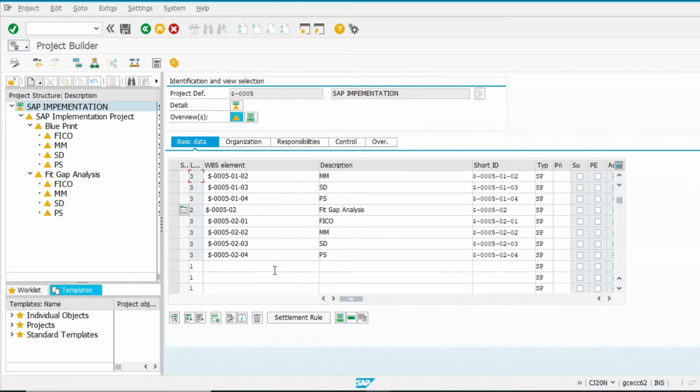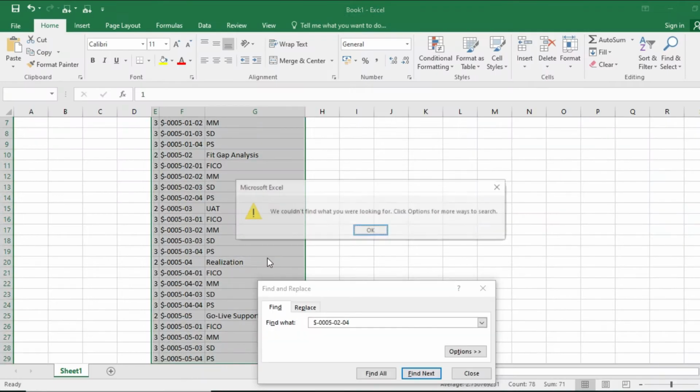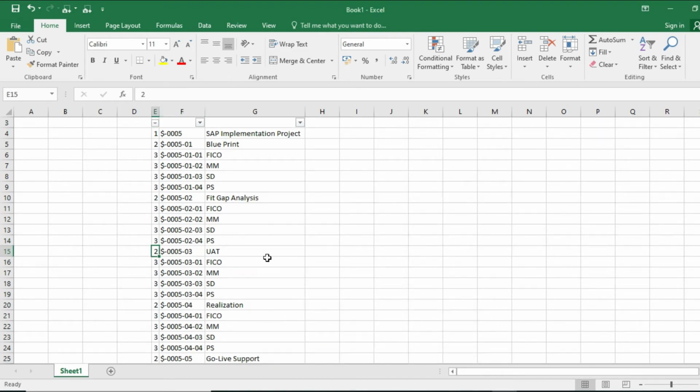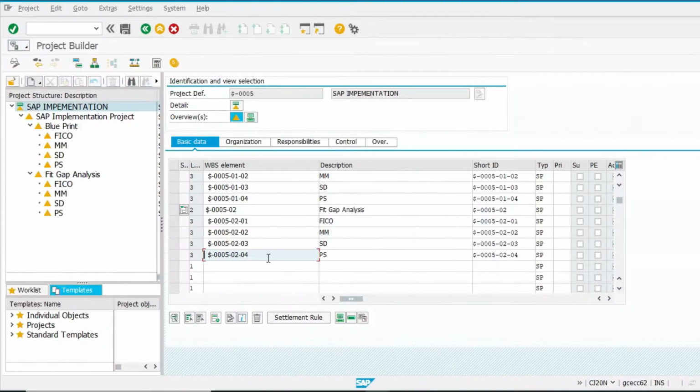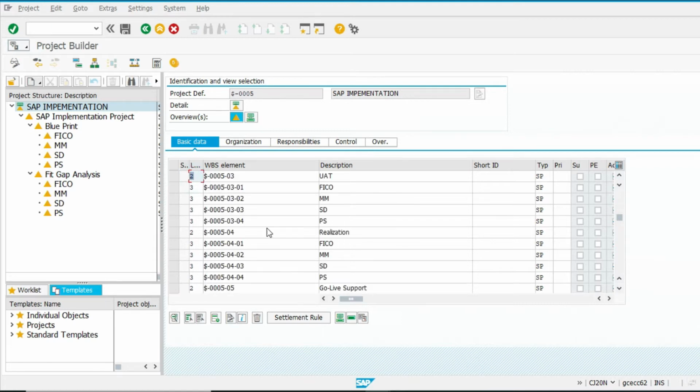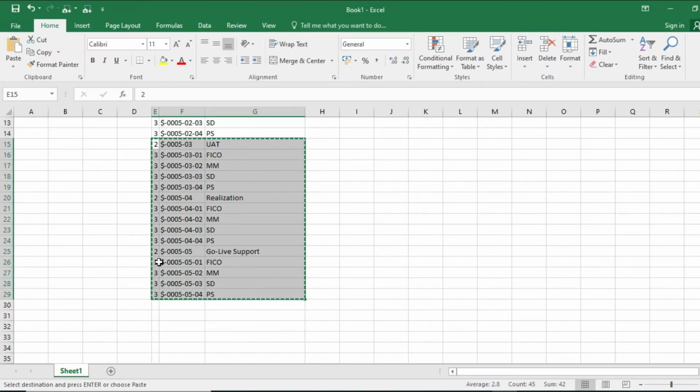So it gets copied up to 204. So now we have to copy here. Go live support.